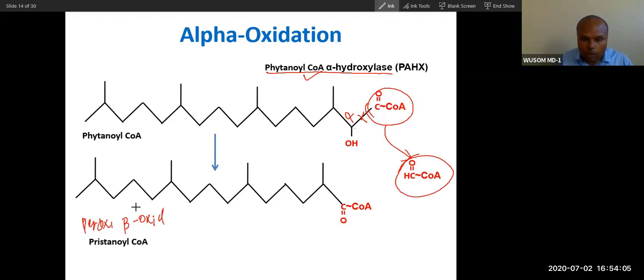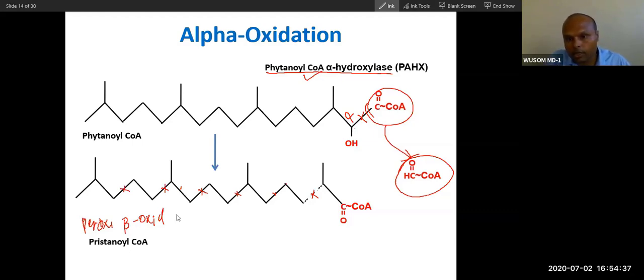And this peroxisomal beta oxidation, what is beta oxidation? It will release this bond. You can see this is the alpha carbon, this is beta. So the alpha carbon will be lost. Now again you can see this will form a CO group here, alpha, beta. So the bond will be lost here, and again like this here, and then the bond will be lost here, and this bond will be broken, and the energy will be released because of that bond.